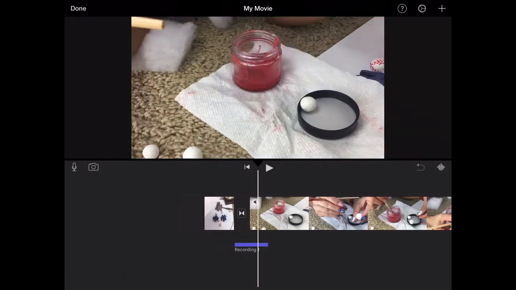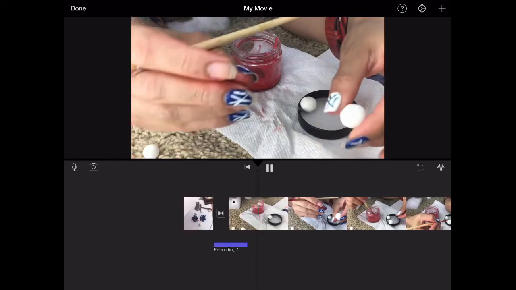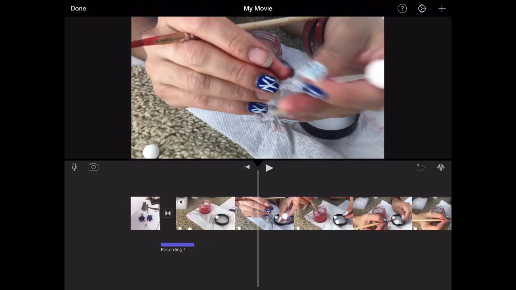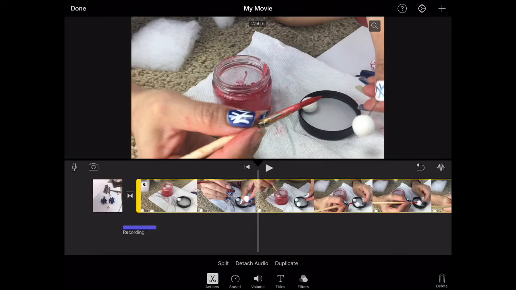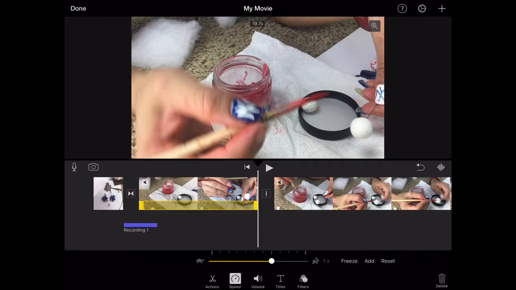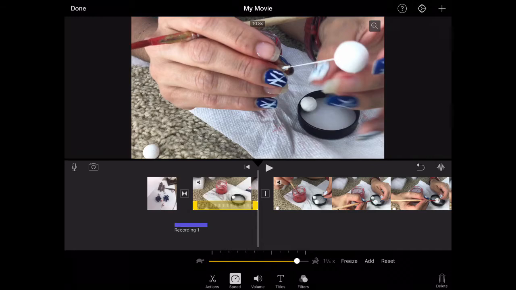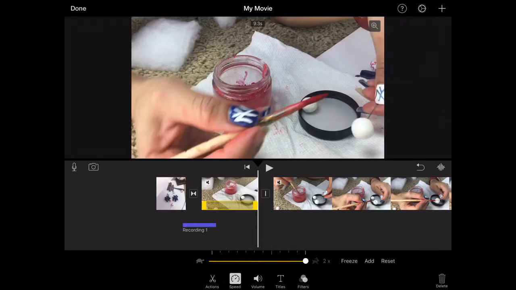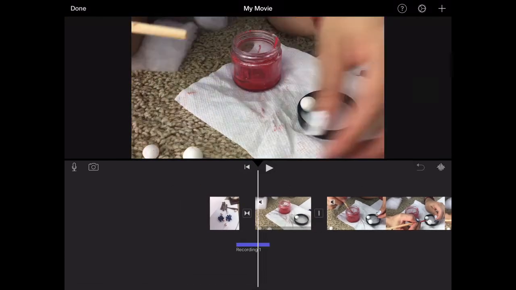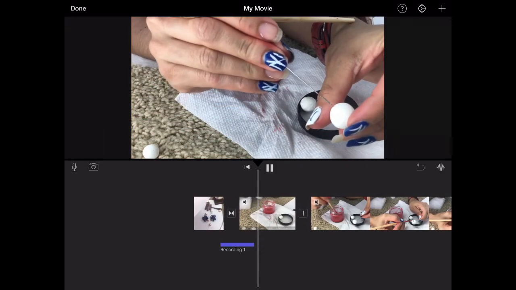Next, let's say that I want to fast forward the beginning of the video because I find it was going too slow. I will select the point at which I want to make a clip that's going to go faster, and then I will split it just like we did before. And then I will go to that icon that looks like a clock or a speedometer, and I will fast forward it. The fastest you can go on an iPad is 2 times. If you were using iMovie on a computer, you could go even faster, maybe 8 times or so. So after I apply that and I check it,